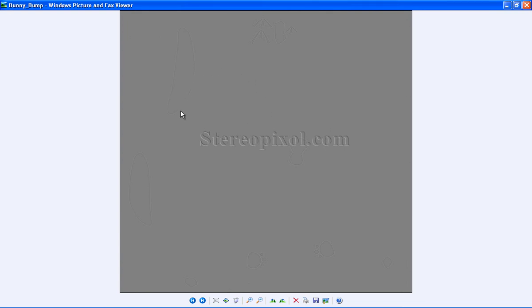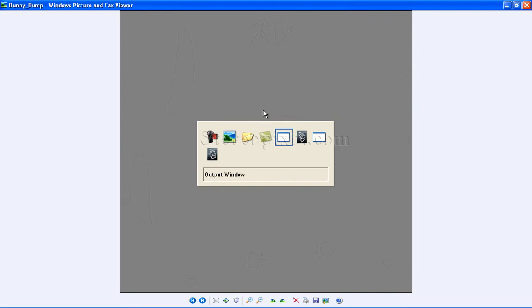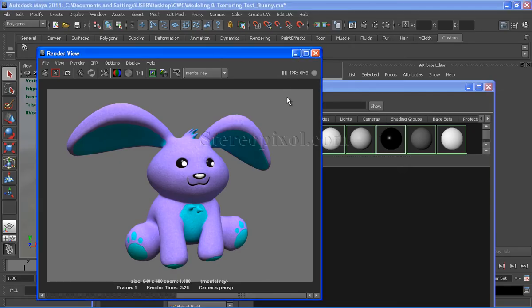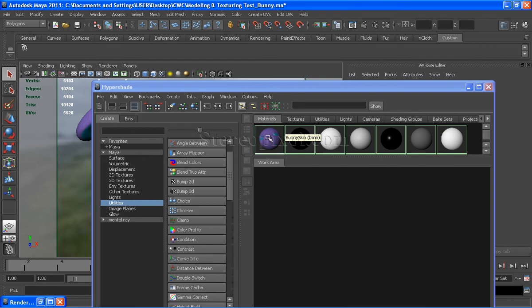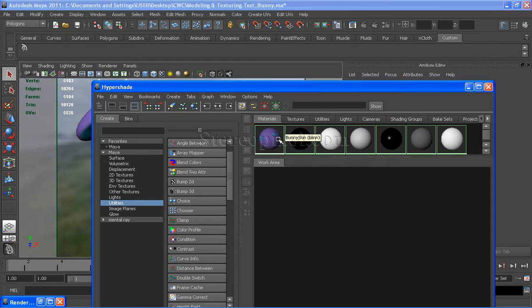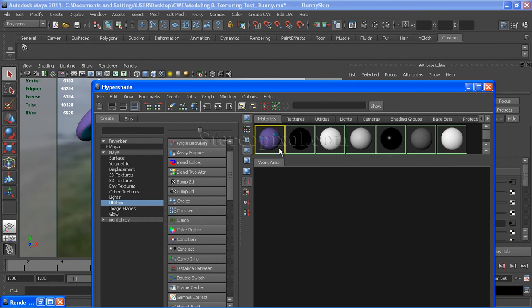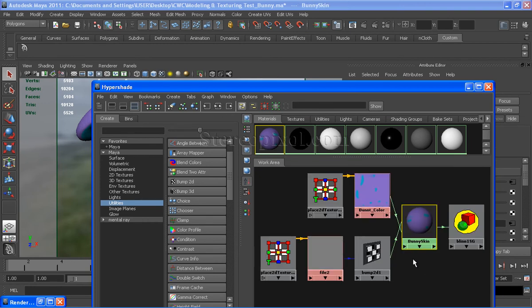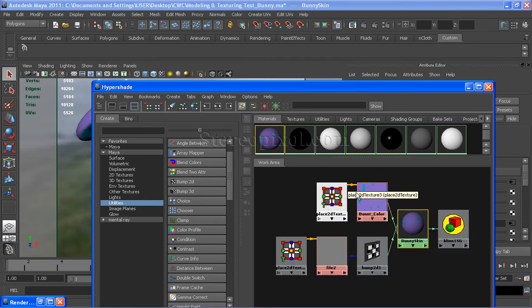So I will put this bump map into the shader under bump node and I will see the result. So I will go to the Maya scene and I have created a blend shader. Select the blend shader and click on the input output connection. So we can see I have connected the color of the bunny into the color node, and I have created a bump 2D node and connected the bump map into the 2D connection, and I have connected the 2D bump node into the bump channel.